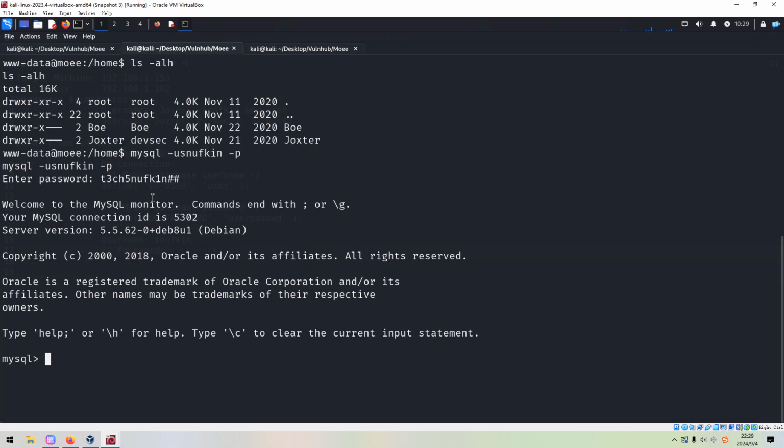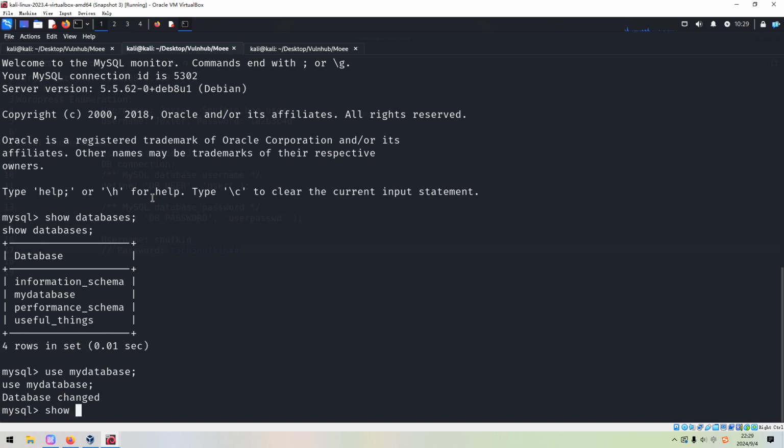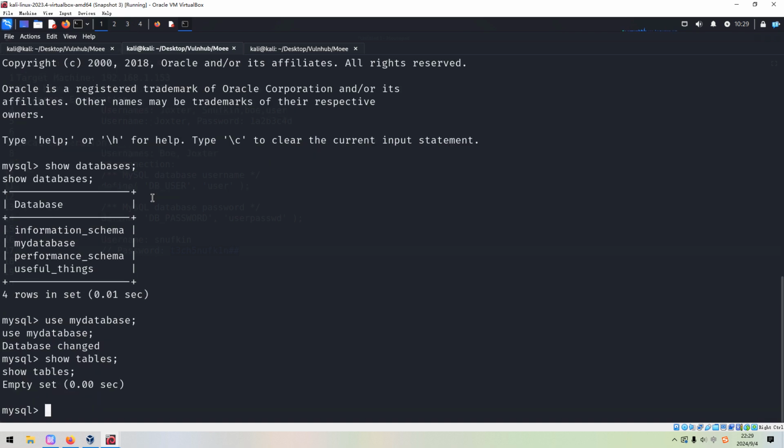Okay, as you can see, we successfully logged into the database, and then we can show databases again and use this my database, show tables, but nothing there. However, there is another database. We can use this useful one, as the name implies.